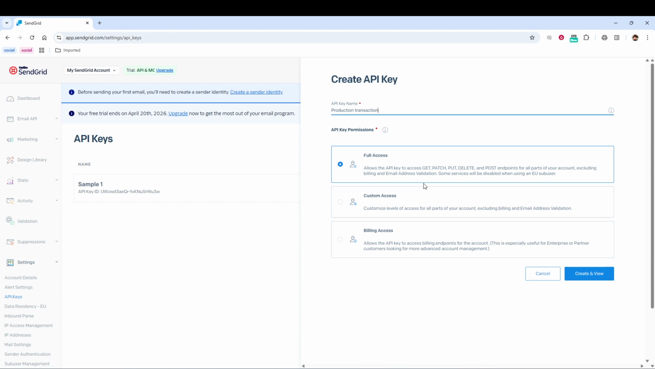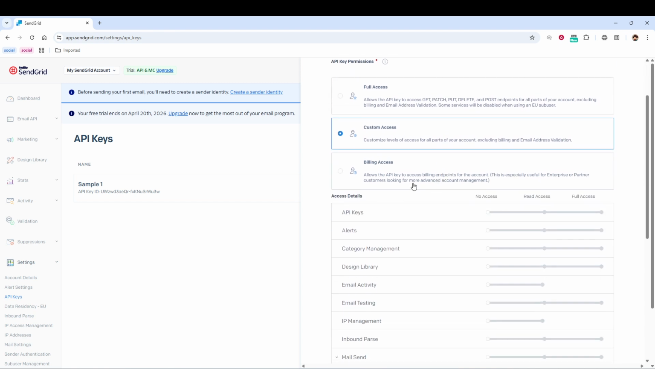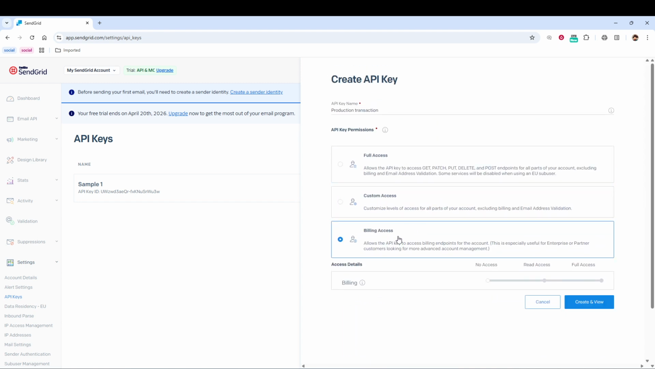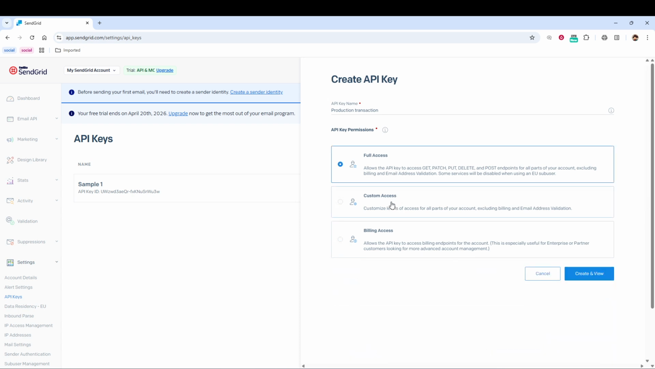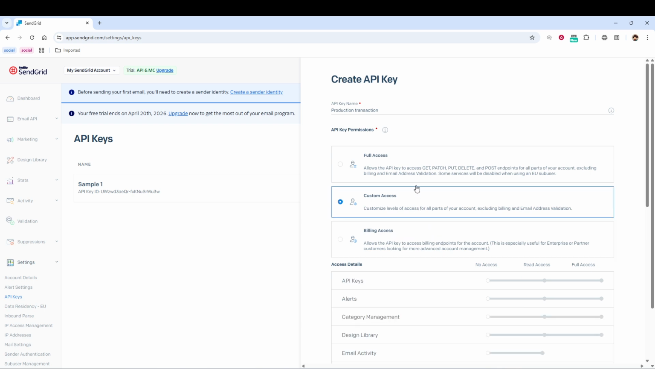Custom Access lets you fine-tune which areas the key can reach. You can enable or restrict access to specific features, while billing and email address validation remain excluded. This is a good choice when you want to follow security best practices and give each key only what it